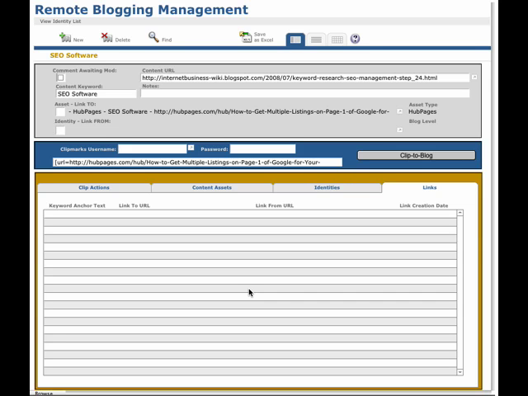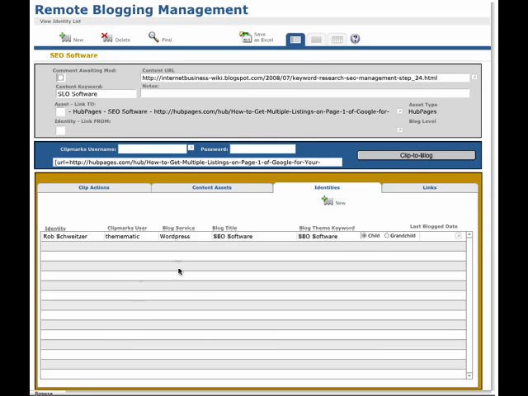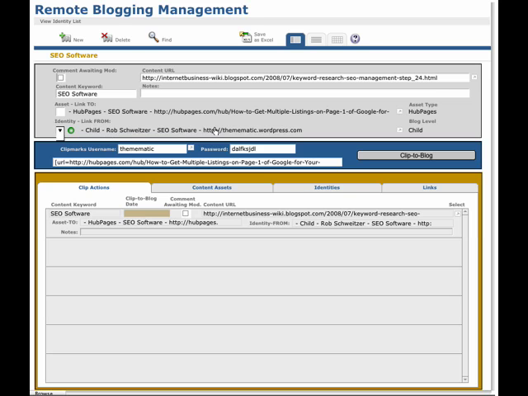So what I did was I automated the process, and when you click this button here, what it's going to do is check to see, out of all the identities that you have, this whole list of identities here, which ones have the same theme keyword, and then it's going to check to see if any of them have already been used to link to this hub page. And it's only going to select ones that haven't. And then it's automatic. So if I click this, you're going to see it automatically picks this one,